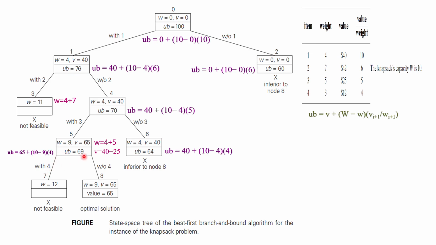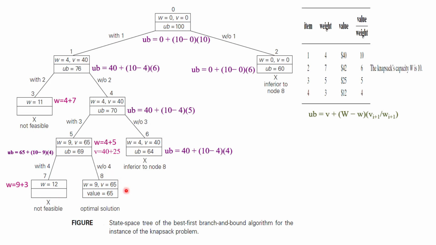Same thing with 4, without 4 here. With the 4 means, I'm including the next item now. So at present, what is the weight W now? 9. If I try to insert the fourth item, then the weight of that item is what? 3. 9 plus 3, it becomes 12. But the capacity of the bag is 10. It is not possible. That's why it is not feasible here. So now I have to check for the without 4 here.